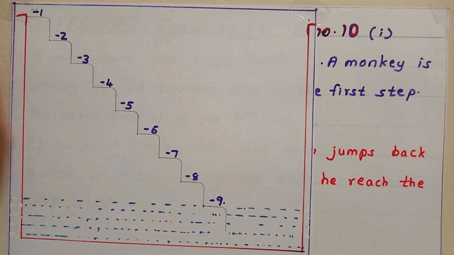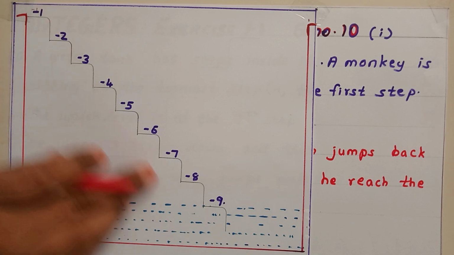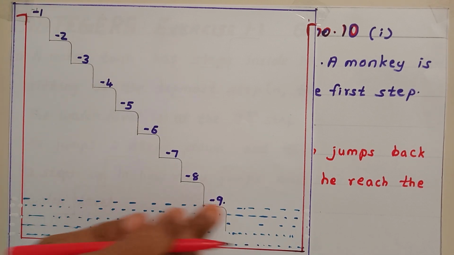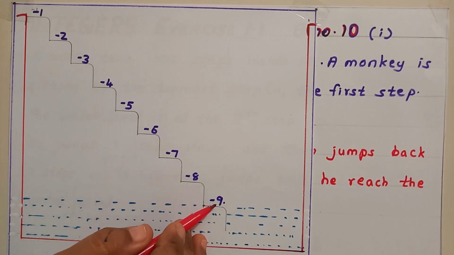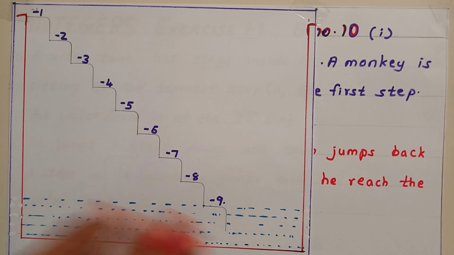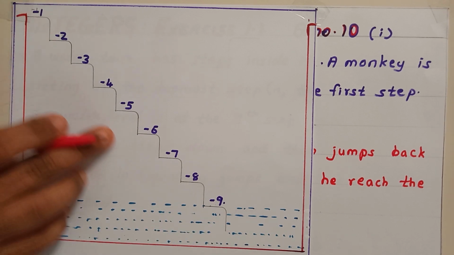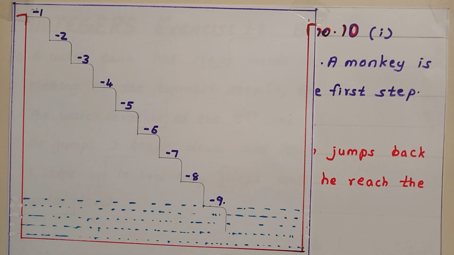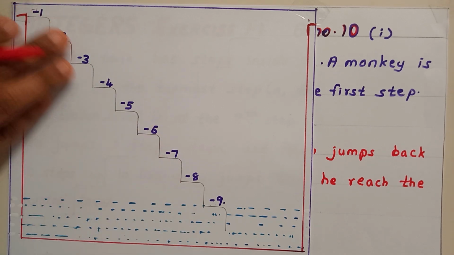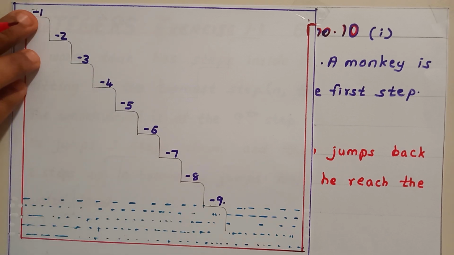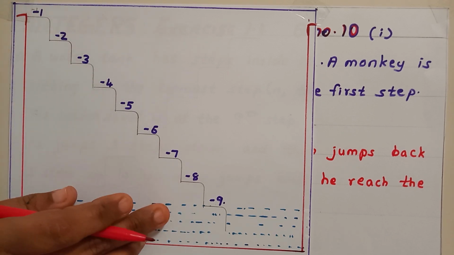See, this is our water tank. These are the steps and this is the final position of our water tank, that is -9, and there you can see water. Why have we given all the numbers in negative? While we were studying integers, we studied that upward will be marked by positive integers and downward will be marked by negative integers. Since the steps are inside the water tank, we marked all the steps by negative integers.